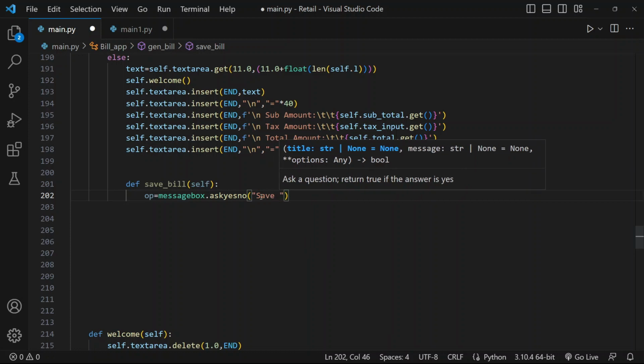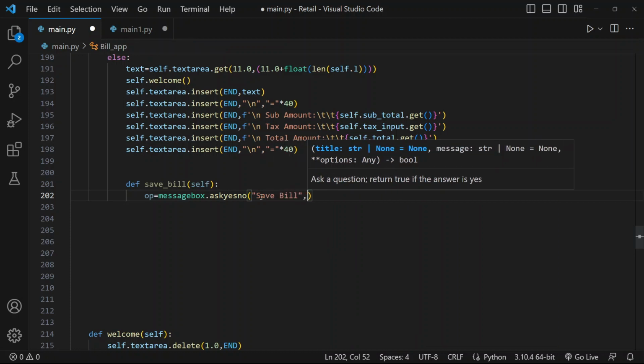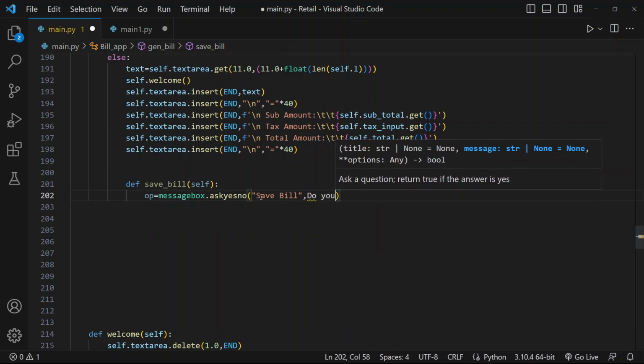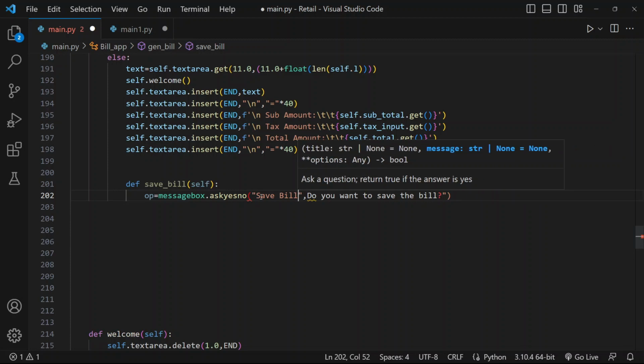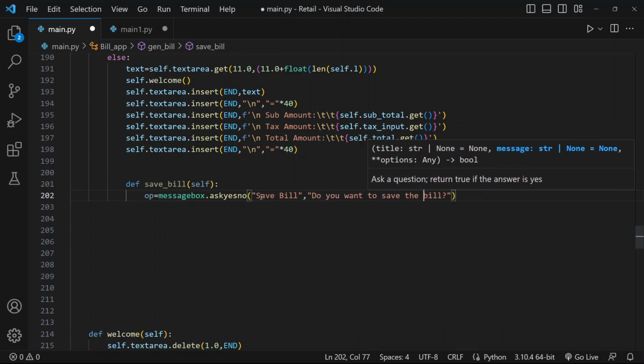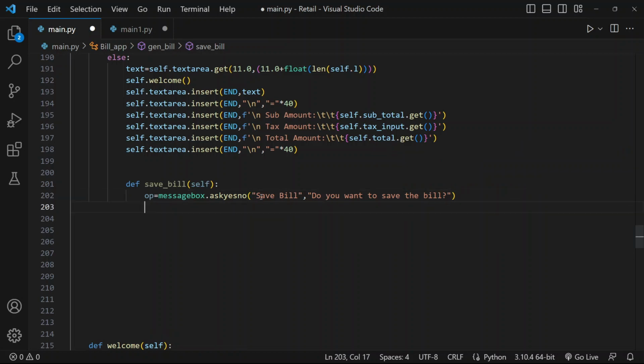So you just say Save Bill. In that we are going to say, do you want to save the bill? Then a question mark. Now drag it over here, and the bracket over here. Okay, so we'll say if op is greater than 0,